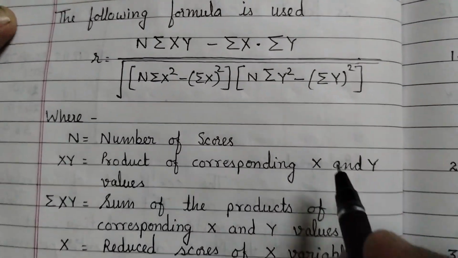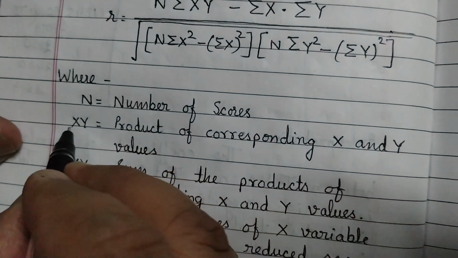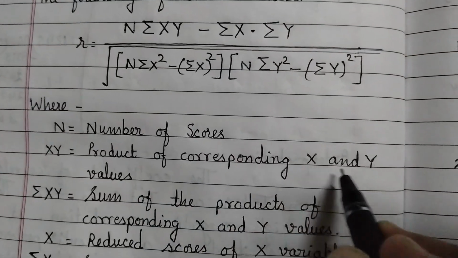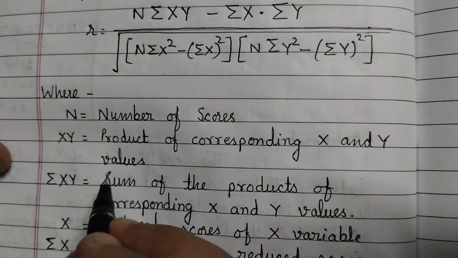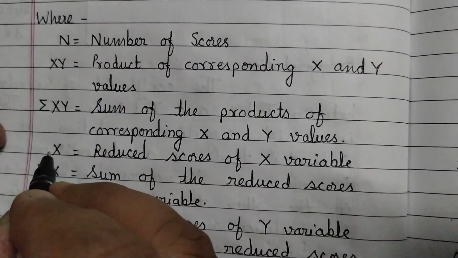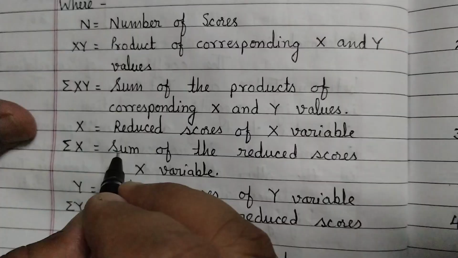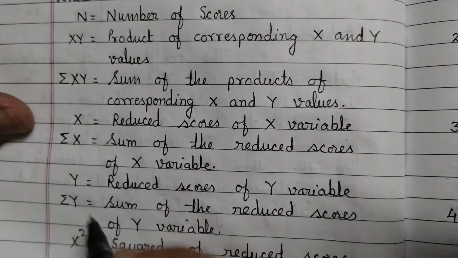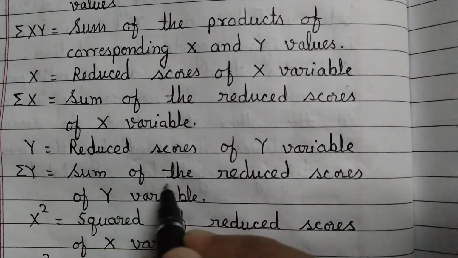Where symbols have their usual meanings: n is equal to the number of scores, xy stands for the product of corresponding x and y values or variables, summation xy is equal to the sum of the products of corresponding x and y values, capital X is equal to the reduced scores of the x variable, summation x is equal to the sum of the reduced scores of the x variable, Y stands for the reduced scores of the y variable, summation y is equal to the sum of the reduced scores of the y variable,